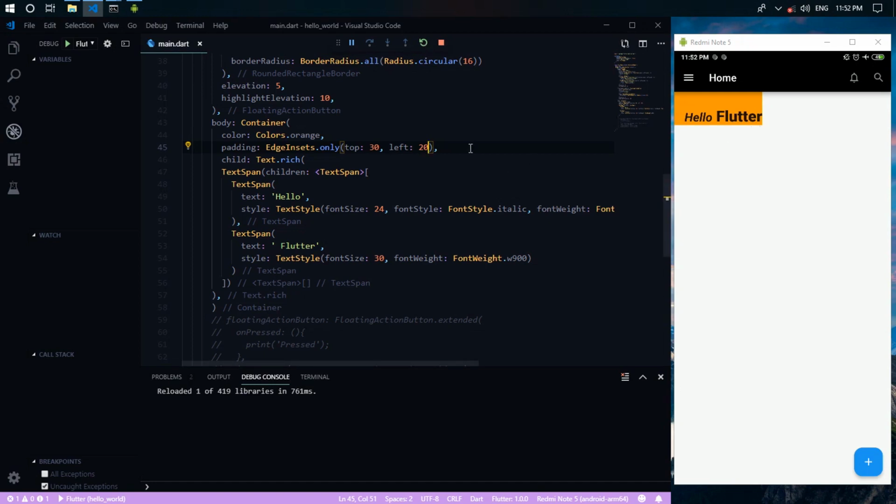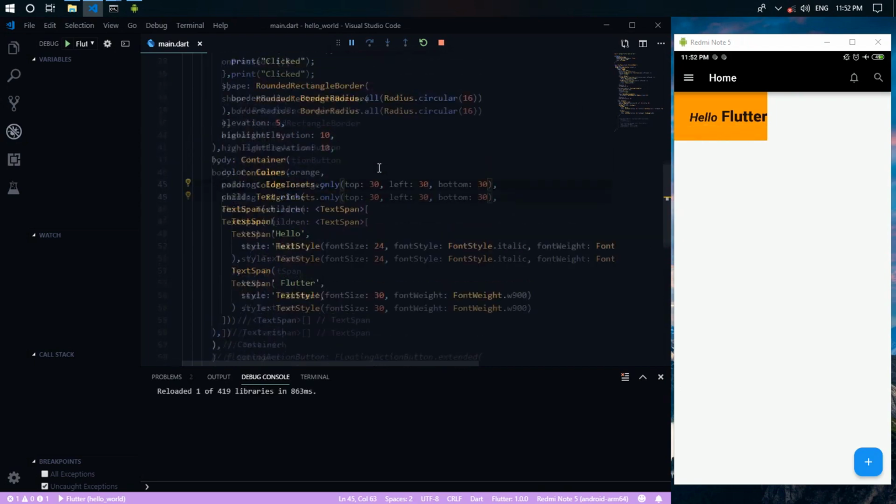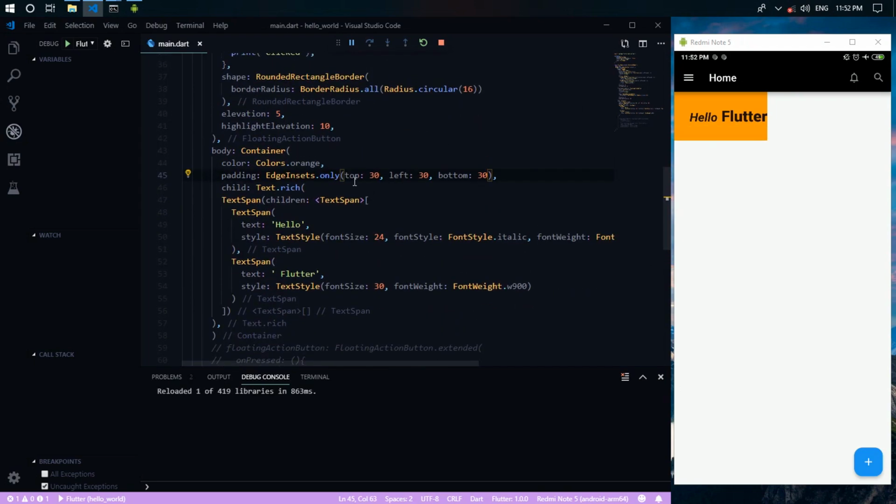So looks like this. Maybe we want to set it to 30 from the left and from the top, and then from the bottom. Okay, looks like this.